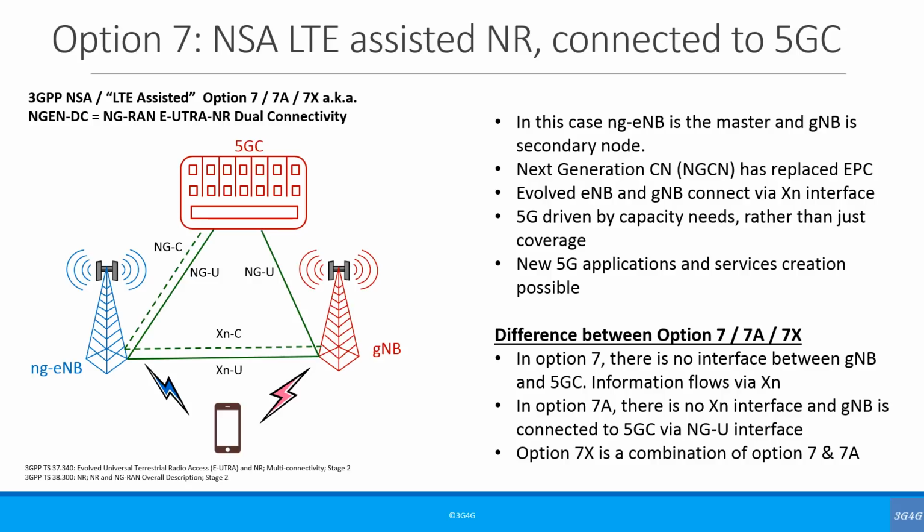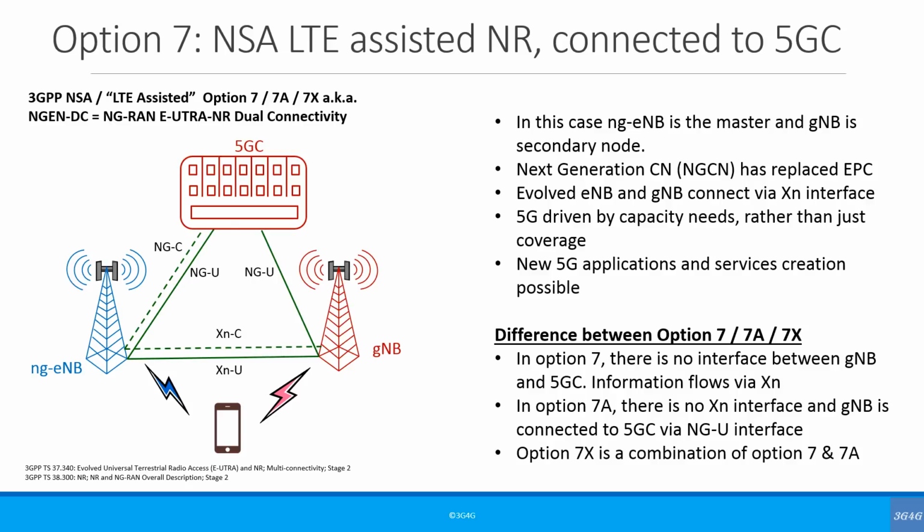So the next option is option 7, which is the NSA LTE assisted NR, right? So the previous one was, again, LTE assisted NR, but that one was connected to EPC, and this one is connected to 5G core. So the only real change here, compared to option 3, is that EPC has been